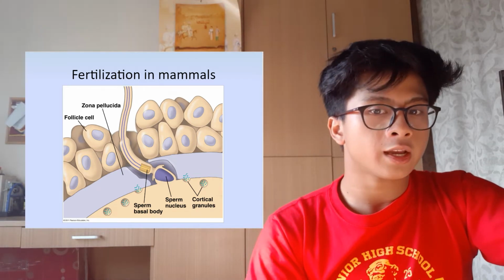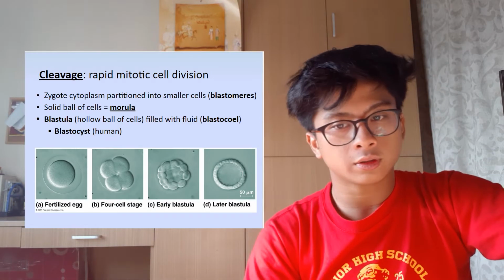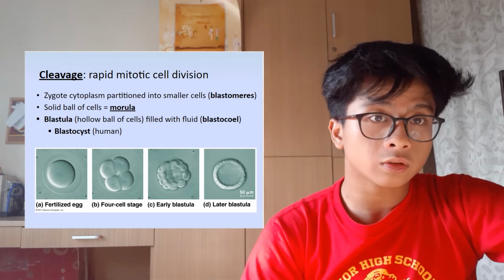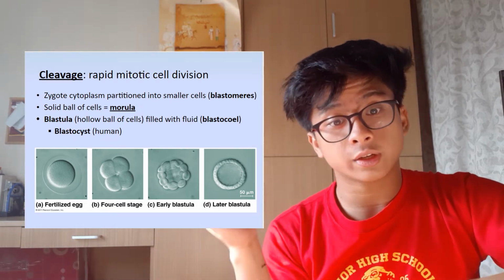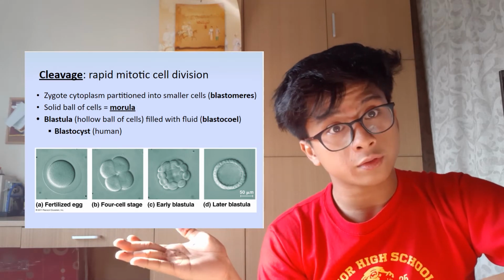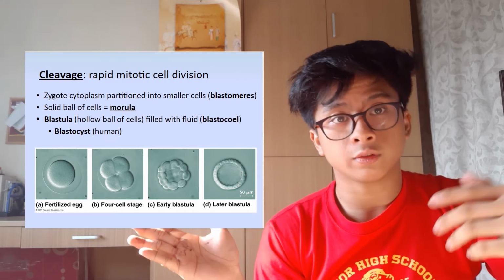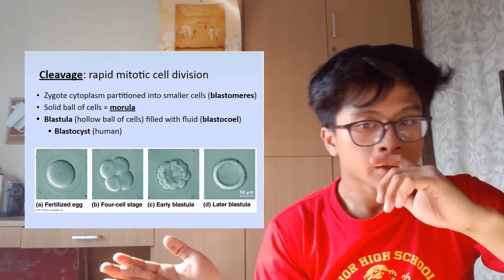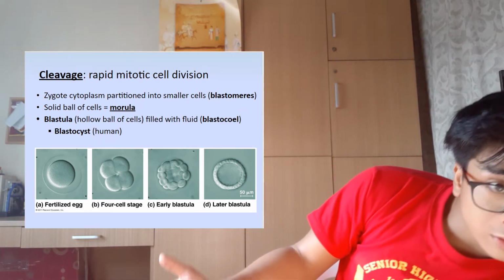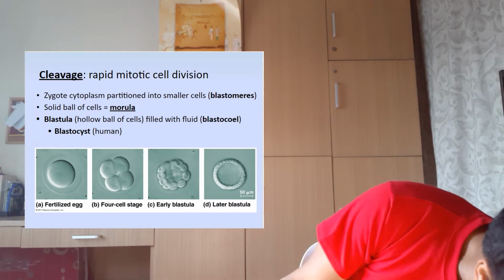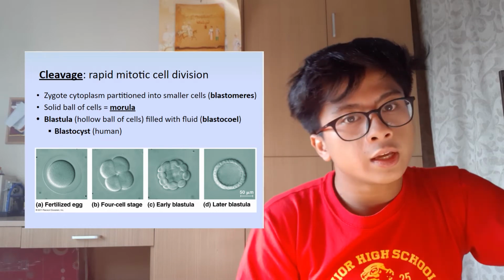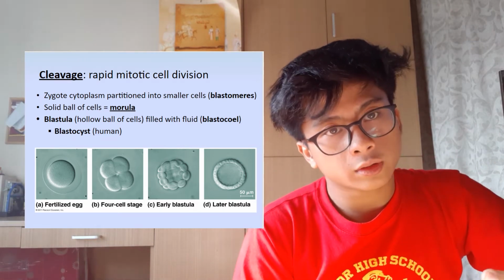Well, first, it has to go through a process called rapid mitotic cell division. This is where the zygote is finally in transition, as we can see here in slide number 5, a transition of the zygote to the embryo stage. So, I also have another diagram here. So what does the cleavage actually mean? It is where the zygote has to